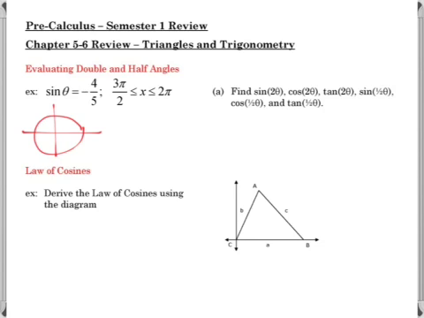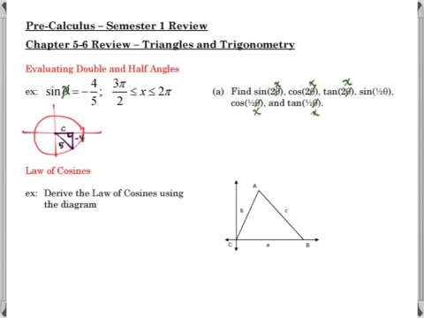So for the first example, we're given sine of theta is -4/5, and then where x is between 3 pi over 2 and 2 pi. Well, my notation is pretty poor here in that I have thetas and I have x's, so I'm just going to change them all to x's. And the two things that this lets me know is sine is negative in both quadrants 3 and 4, but x is restricted to the fourth quadrant,